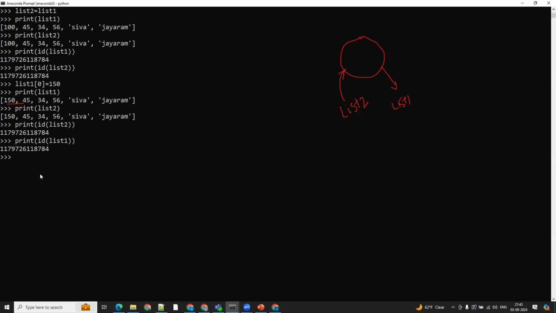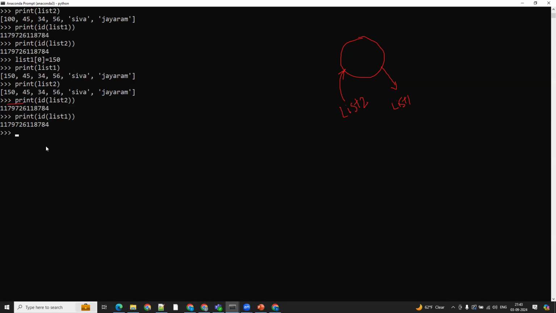But Shiva, I don't want this behavior. I wanted that if I modify something in list 1, I don't want to see that change in list 2. Do we have such a mechanism in Python? Yes, we do have. In order to do that, if you want to copy the elements from one list